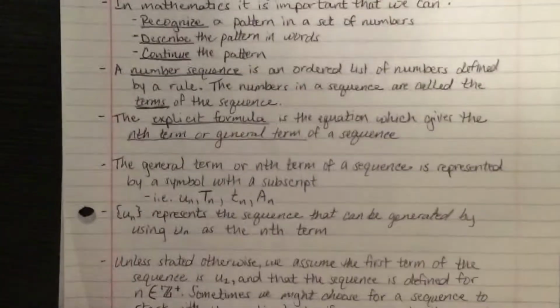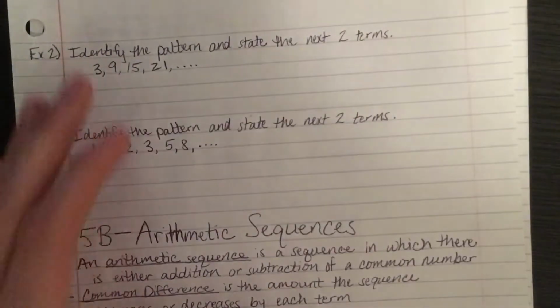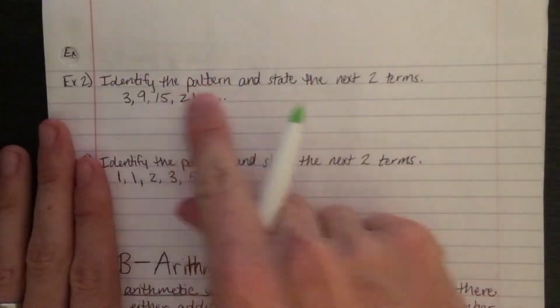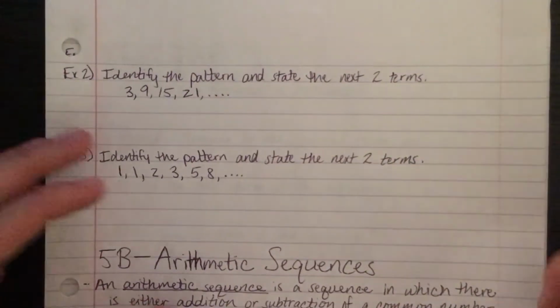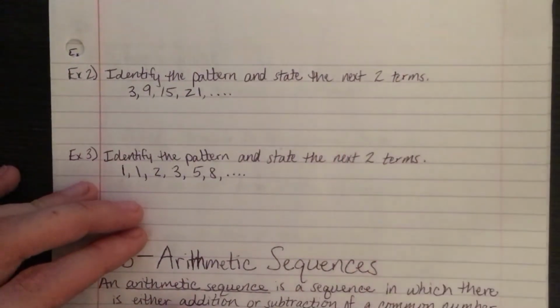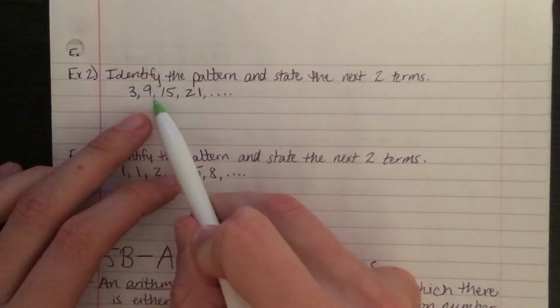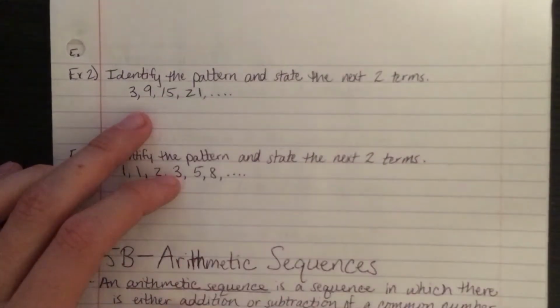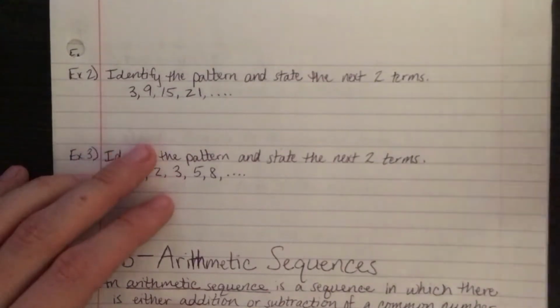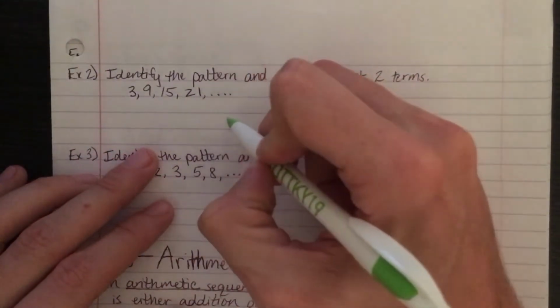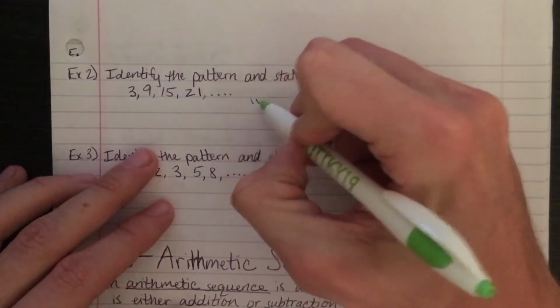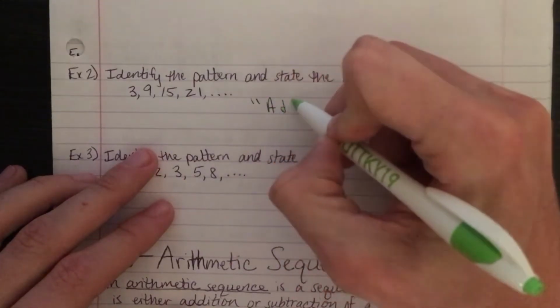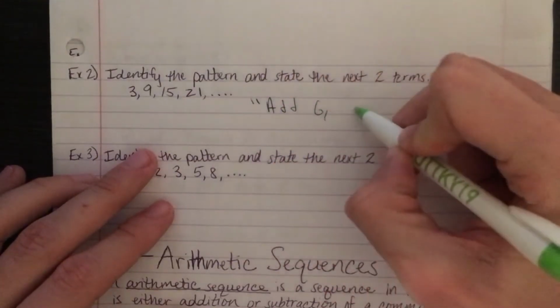So the next one that we're going to look at here is we're going to identify the pattern and state the next two terms. So we go 3, 9, 15, 21. Take a second and think about it. So in words here, we're going to say add 6